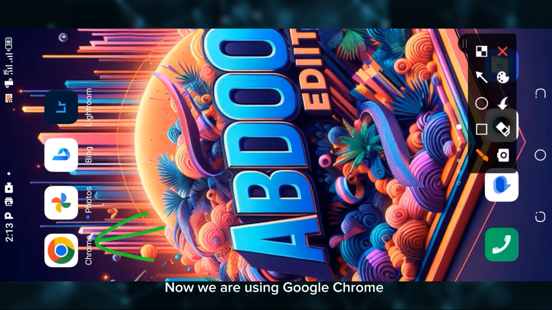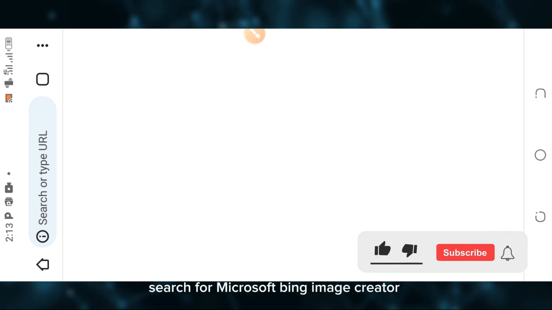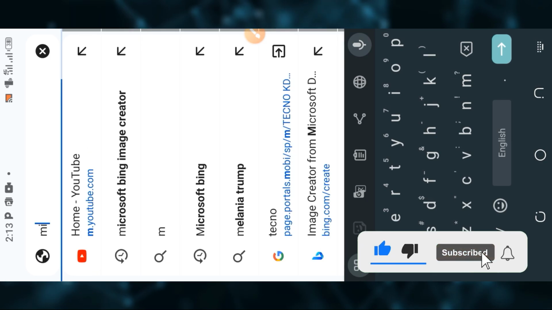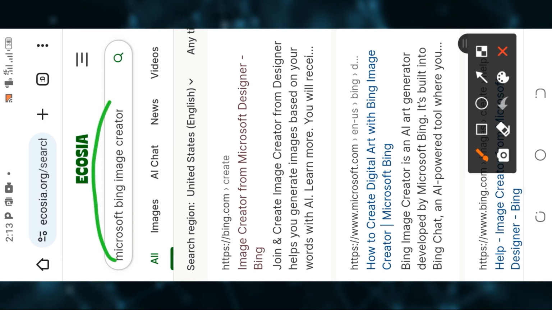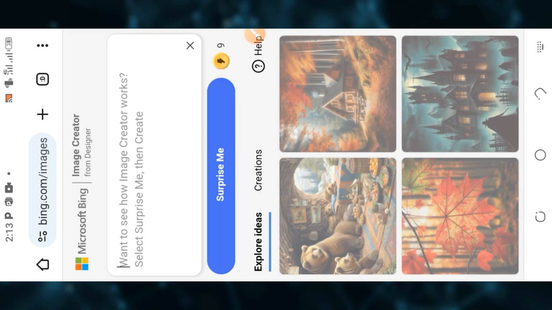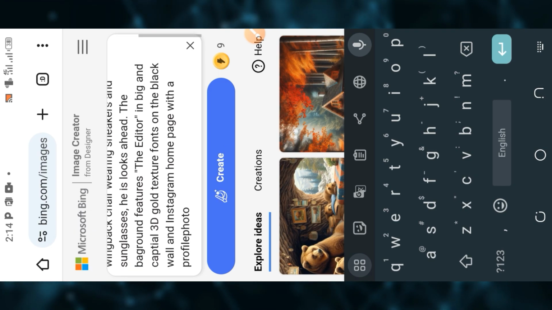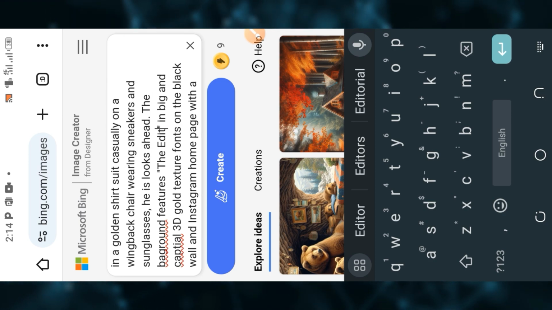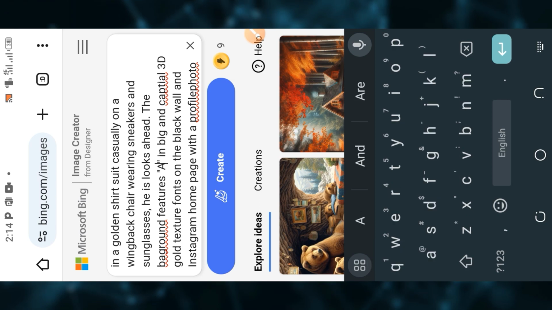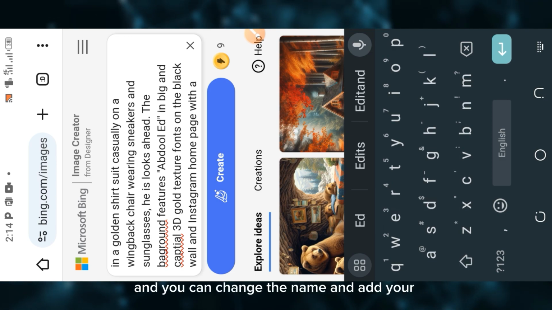Now we are using Google Chrome. Search for Microsoft Bing Image Creator. Click on the first site. And you can change the name and add your